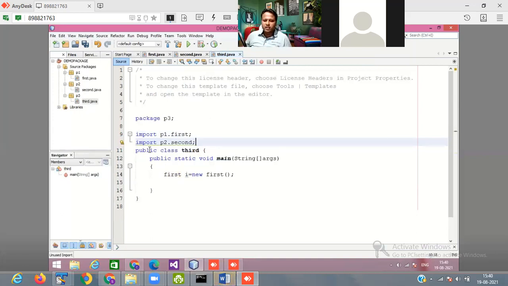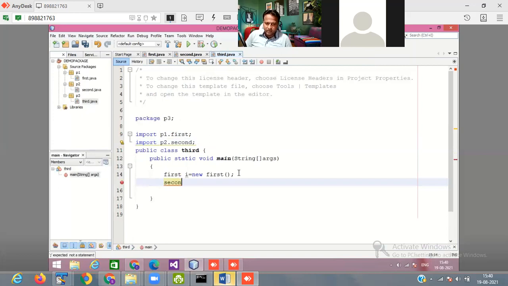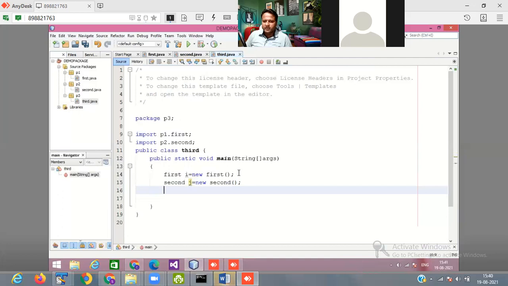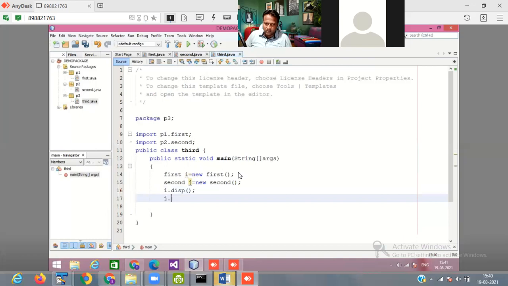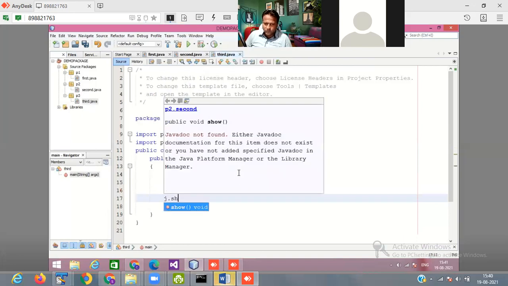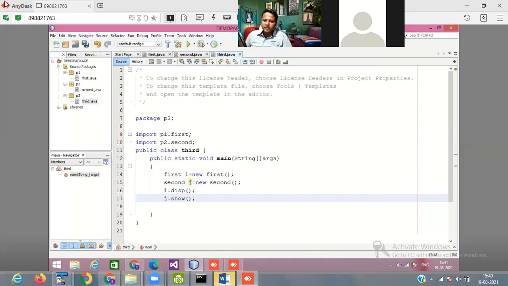Then again I define second j equals new second. I'm creating another object. So two objects are created. Now through these objects I call the functions: i dot display function, then j dot show function.